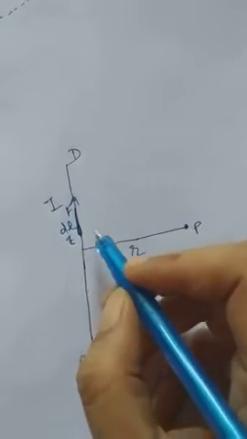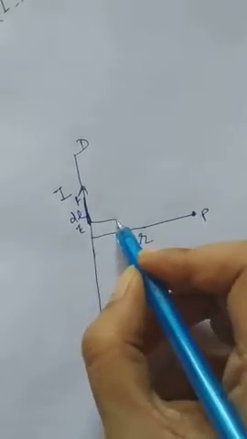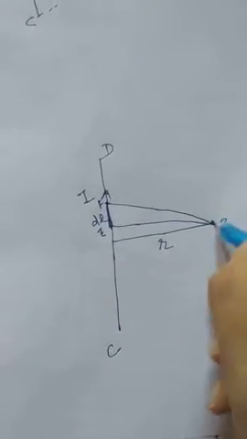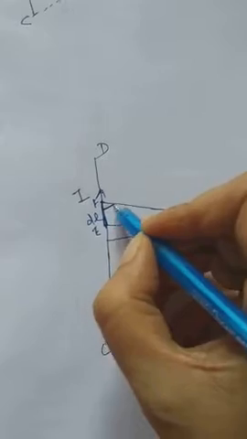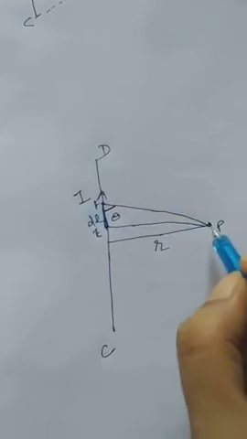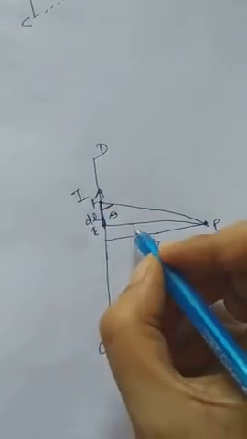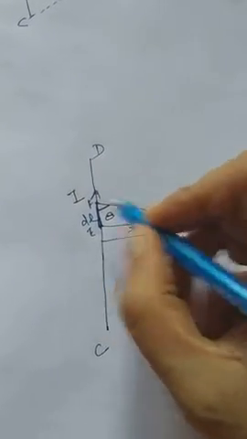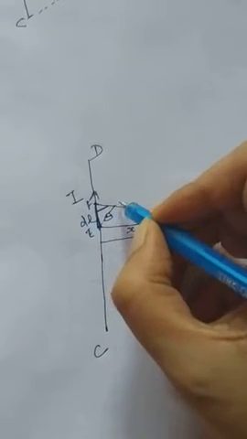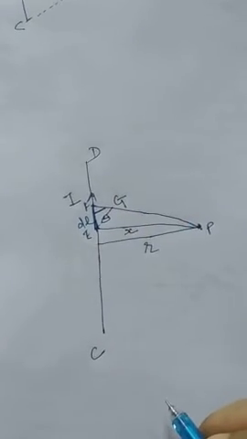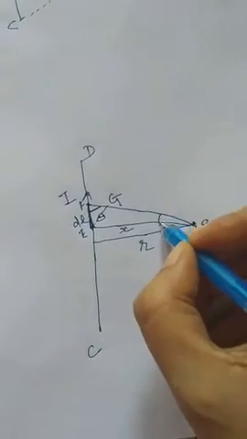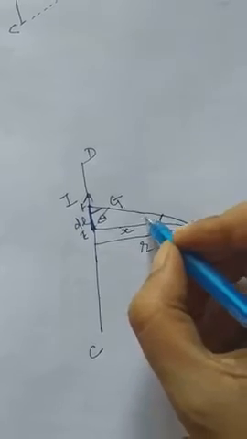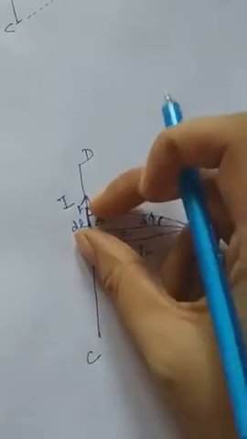Join this current element with point P. Give this angle as theta. Clear? And this distance from P to the current element as x. Now draw a perpendicular from E on this FP, and give this point the name G. Clear? This small angle between the current element and the line to P, take it as d phi, because this element will be very small.